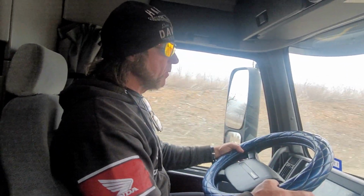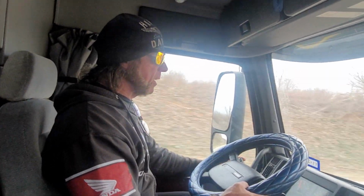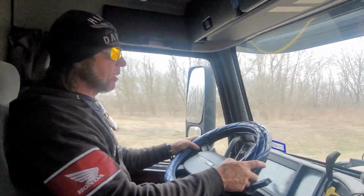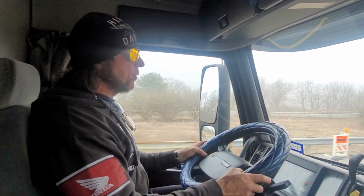I'm actually going 10 miles over the speed limit. Don't even realize it. I'm going to put my cruise control on here. You can get going 75, 80 miles an hour on this thing. My GPS will tell me when I'm speeding, usually, but this is a construction zone. At least slowed it down to 55, so GPS didn't pick it up. But the truck, it's relaxing to drive. It's a very